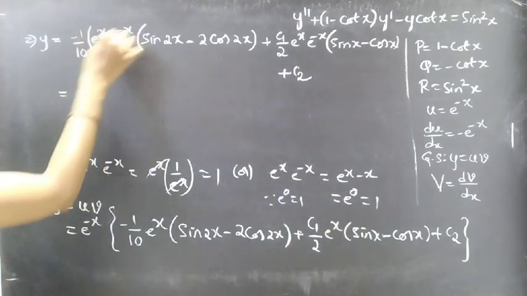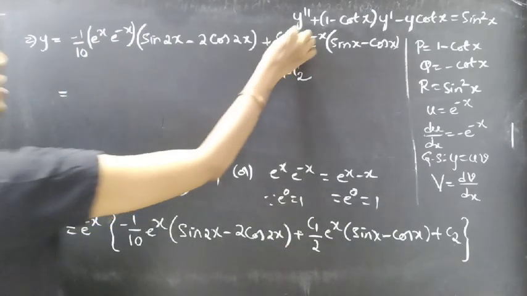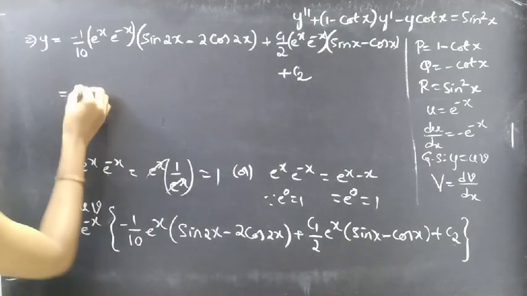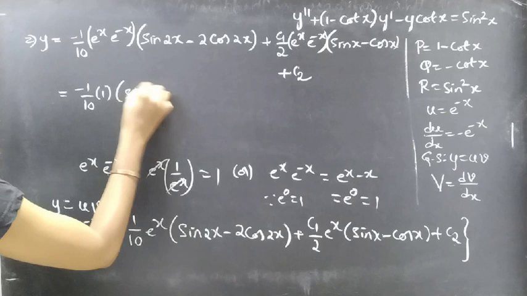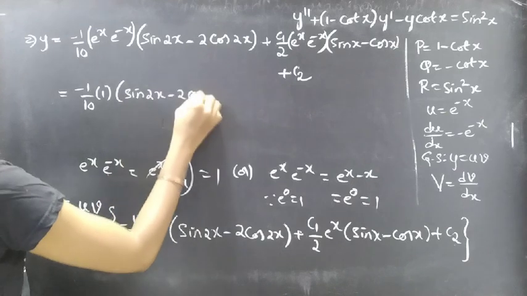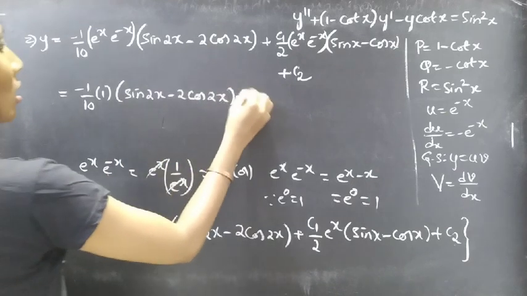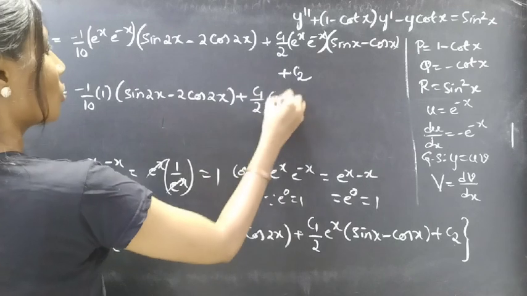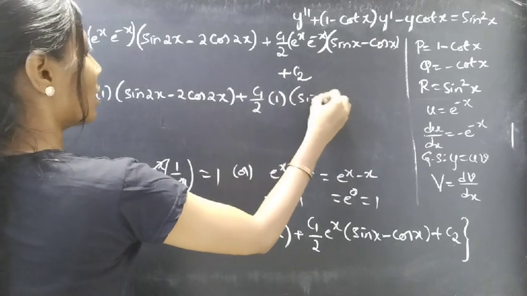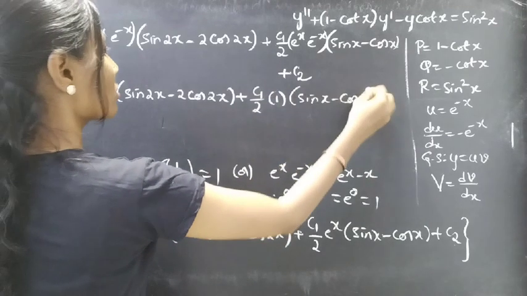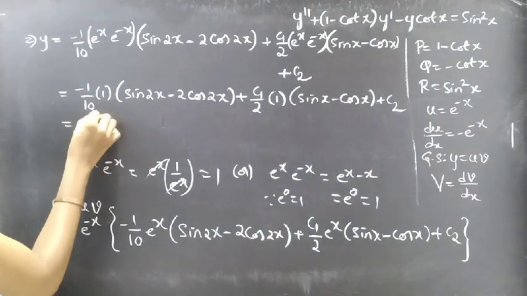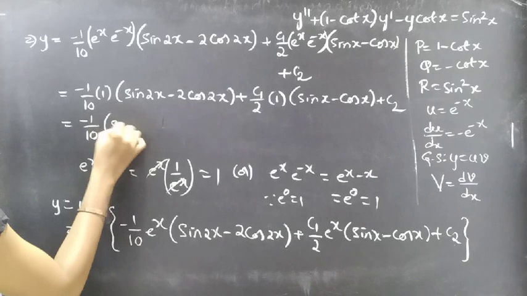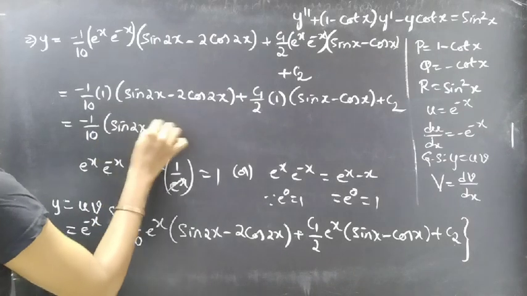Let's now replace e power x into e power minus x by 1. Then we'll get minus 1 by 10 into 1 into sin 2x minus 2 cos 2x plus c1 by 2 into 1 into sin x minus cos x plus c2, which equals minus 1 by 10 into sin 2x